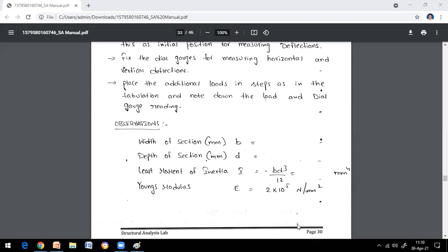Because sometimes they don't even ask. In the first module you have major topics like torsion, shafts and springs. There is a possibility of questions from those topics alone instead of the curved beams. Okay, but anyway we have to finish it. So tomorrow we will see how the circular cross section and semicircular beams are going to be supported with the derivation for calculating